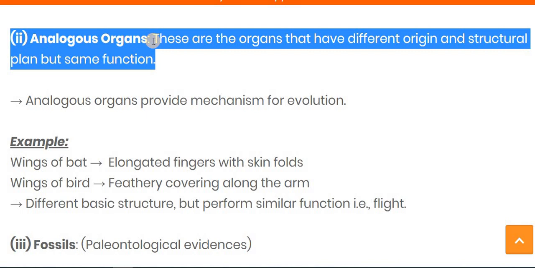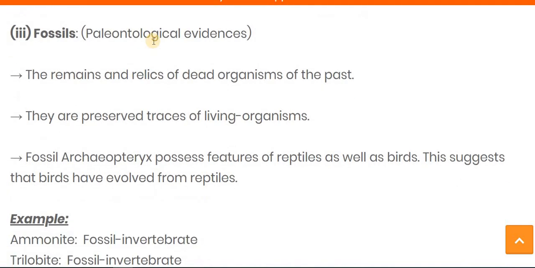But if you see the structure, then the wing of a bat is elongated fingers with skin folds, whereas the wing of a bird is a feathery covering along with the arm. So we can say that they are different in structure but they perform a similar function, for example, flight. The third thing is the fossil,